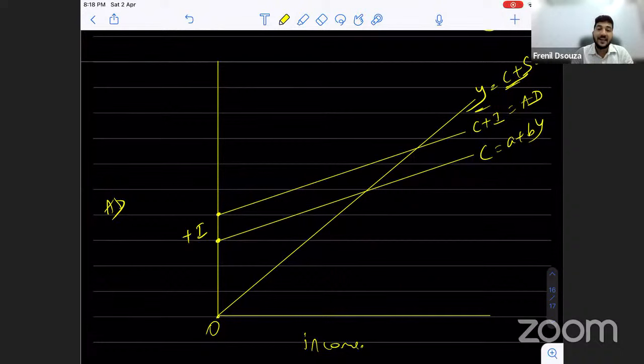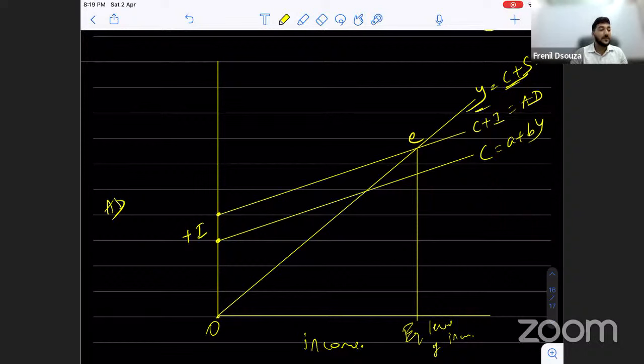Your supply is nothing but, when you supply goods and services that you have produced, you are going to get the value of that output. And the entire value of that output is nothing but your income. So it is equal to Y. Y is equal to C plus S is equal to aggregate supply. We have had very lengthy discussions on this, so I'm going to just brush up on those topics, and we will get something called equilibrium over here, right? And this equilibrium, if we connect that to the x-axis, we will get the equilibrium level of income. This is how we determine the equilibrium level of income in the two sector model.